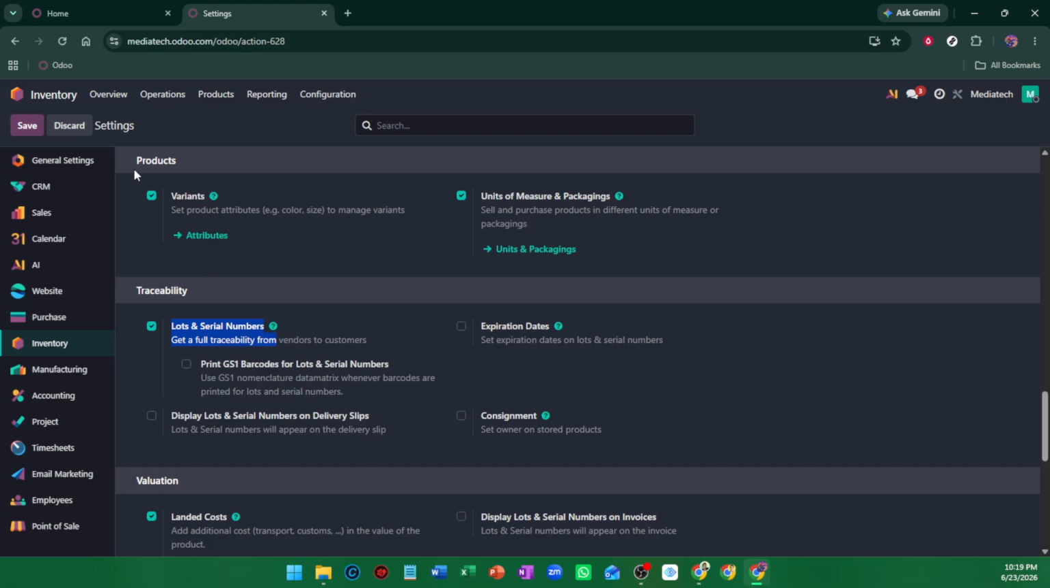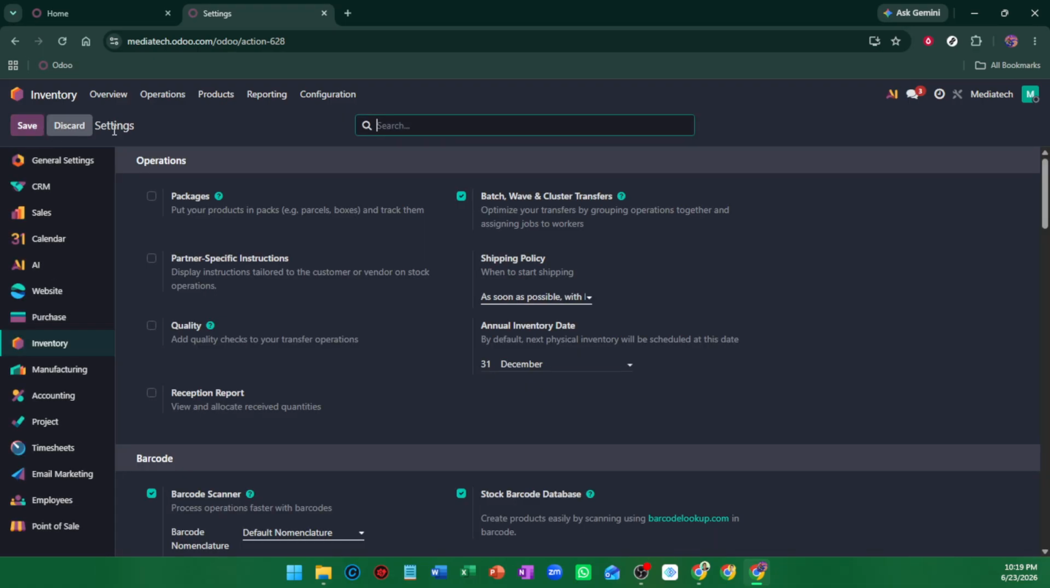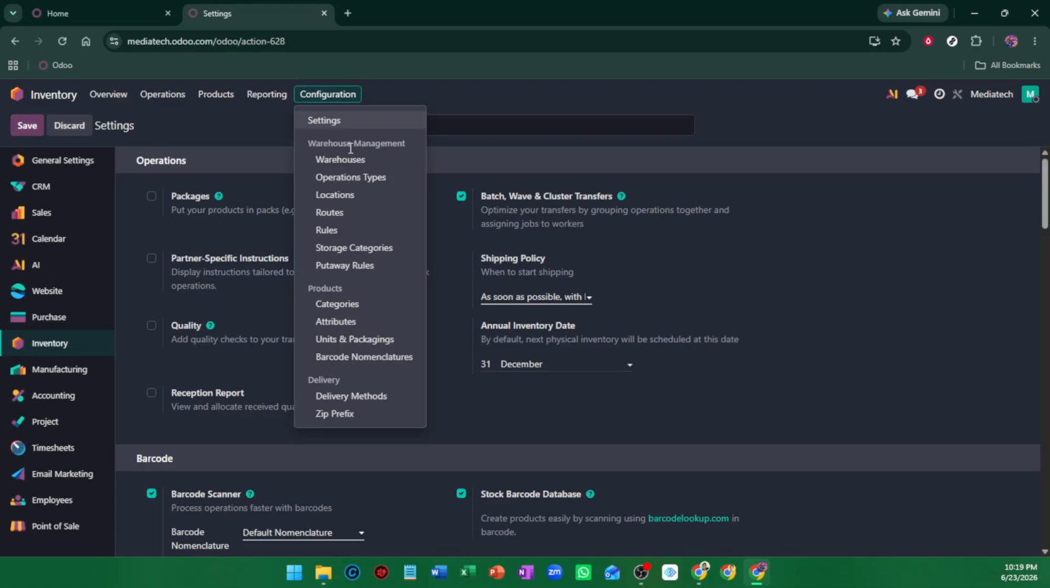It's always a good idea to save right away when updating core inventory settings so nothing is lost before moving to the next section. Next, go back to configuration and choose categories under the product section. Here, select the product category you want to use. This matters because valuation behavior is often defined at the category level, which helps keep your inventory setup consistent across